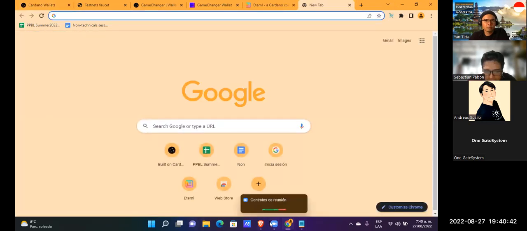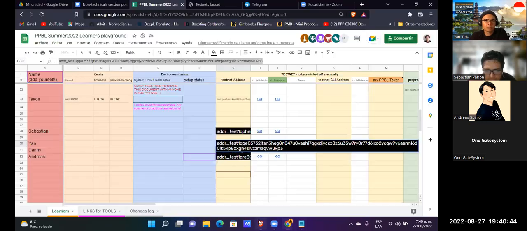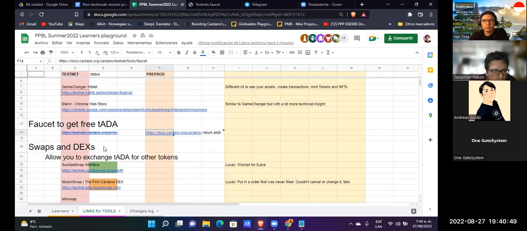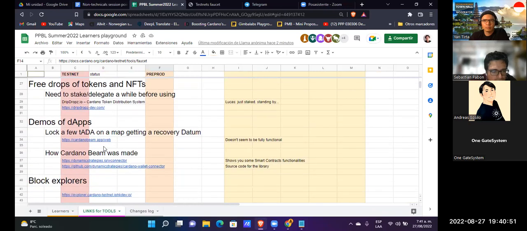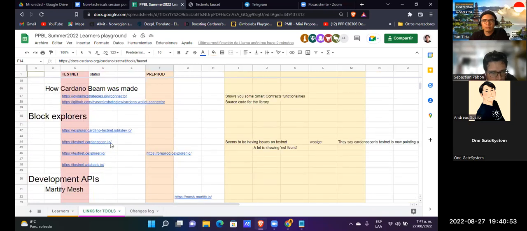We have here in these links: wallets, faucets, swaps, block explorers. Block explorers.